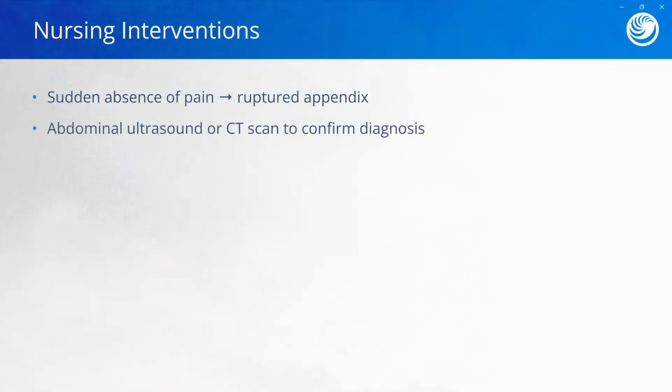Diagnostic studies that we include for appendicitis are abdominal ultrasound or a CT scan. We typically see appendicitis in young children or possibly pregnant women, so we want to decrease the amount of radiation, and that would be the reason that ultrasound would be chosen over a CT scan. CT scan can have a little bit more detailed imaging and can be used for those clients who are okay